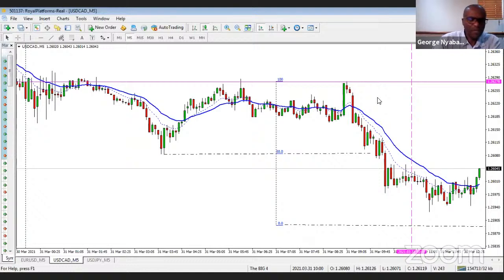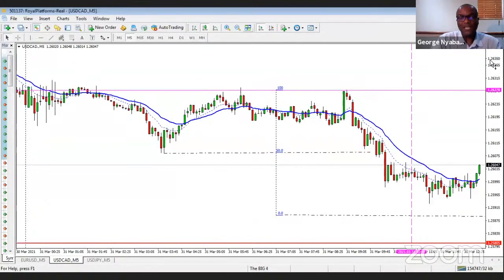Now, some guys ask me, well, George, what if I want to take the trade? Well, if you want to take the trade here before you get your lower high setup, you're taking a high risk trade. Why do I say that? Because if you go back and just test your strategy, if you just take a double top without a lower high, you find out more often than not that you get stopped out if you put a stop here. The market may attempt to resume again and create maybe some form of a wedge pattern or a triple pattern up there. So if really you are tempted, this is not my strategy.